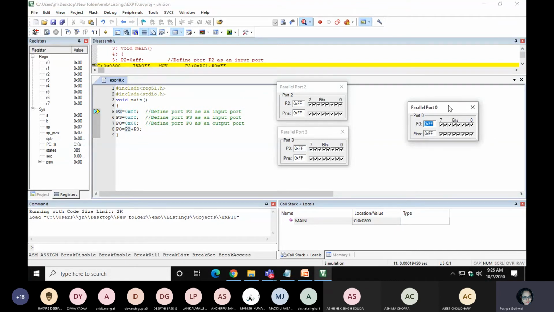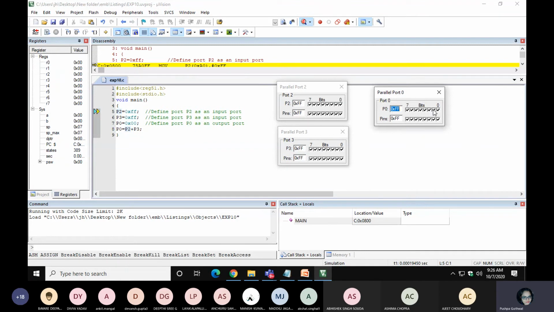Now I'm explaining the meaning of this. Here every port has 8 pins. See, P0 has the 0th pin, then 1, 2, 3, up to 7, so 8 pins are available. A tick means 1. So by default, when you start your controller, all pins are 1. If you connect LEDs on the port, all LEDs will be on. So right now all are one. Now you have to run the program. I'm running it here with RST and here this is the run. I'm running this code, just run it.